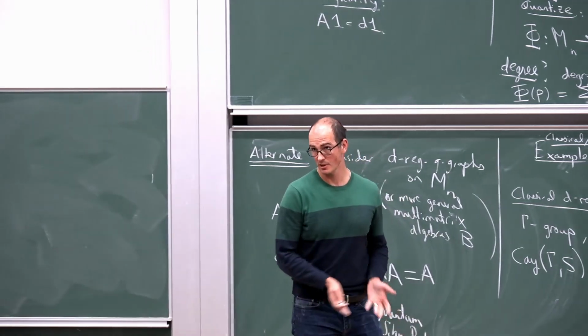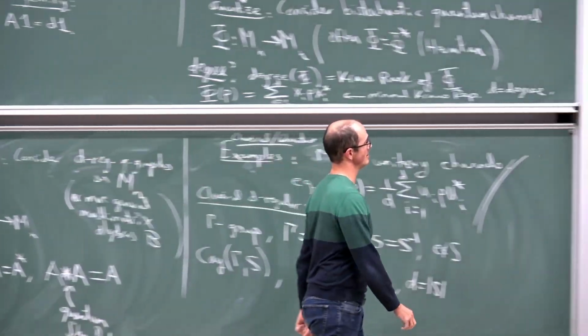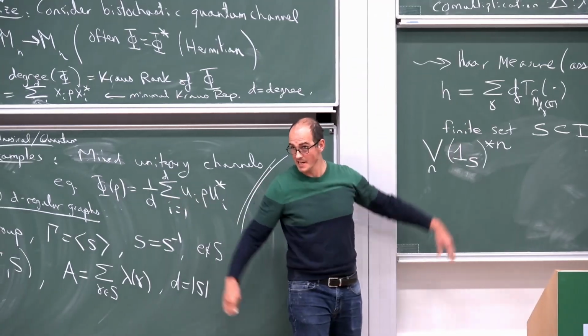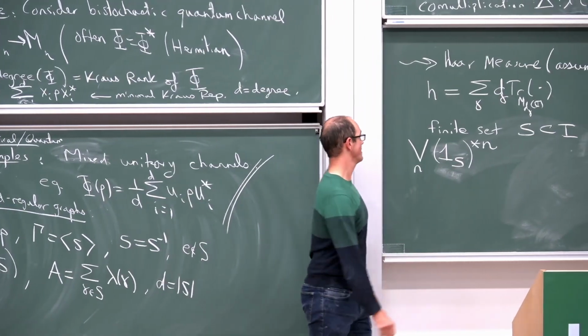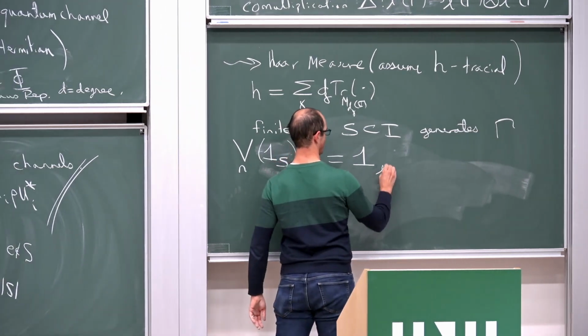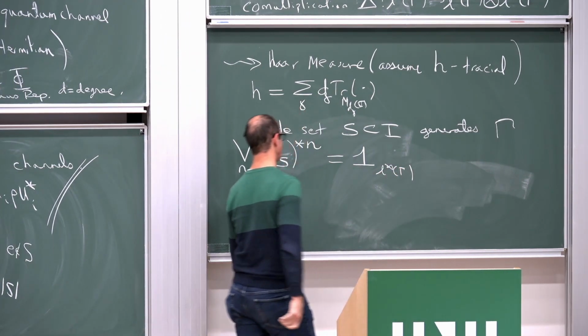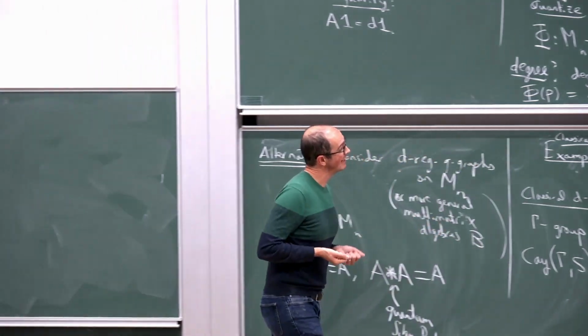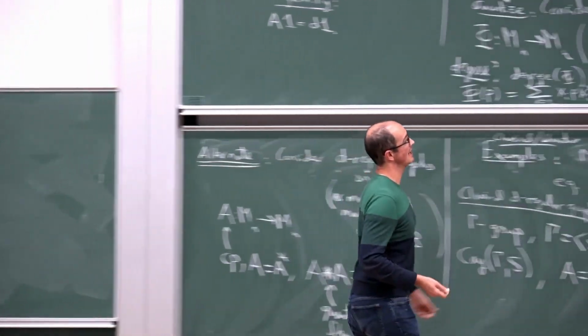All right, and then I can look at the supports of these convolution powers, and if I keep taking convolution products, this is going to have to equal, for a generating condition, the entire unit of the whole thing, okay? And again,